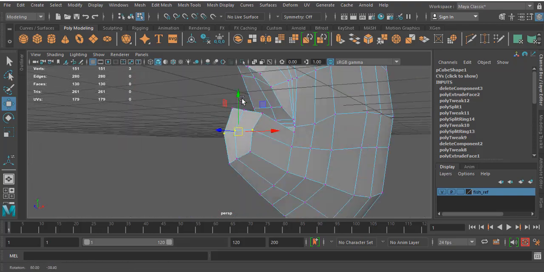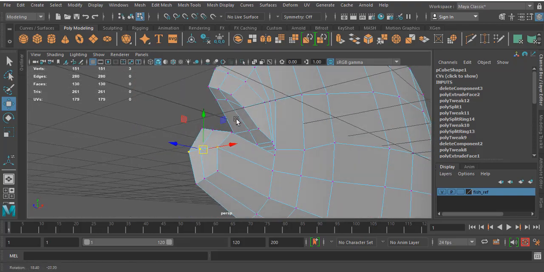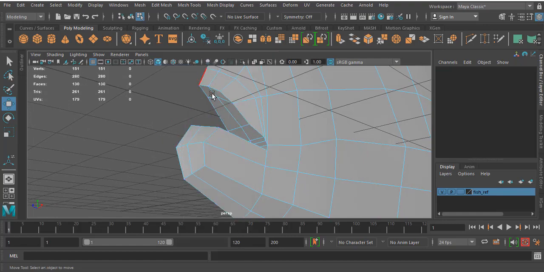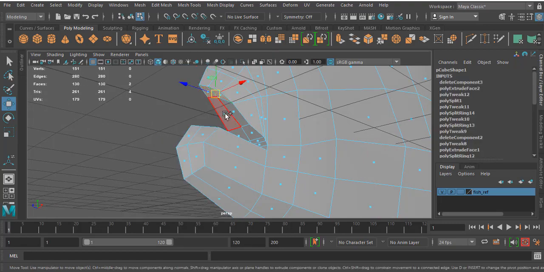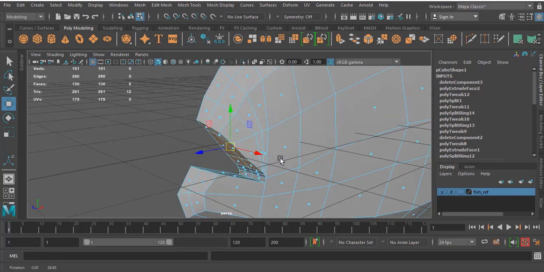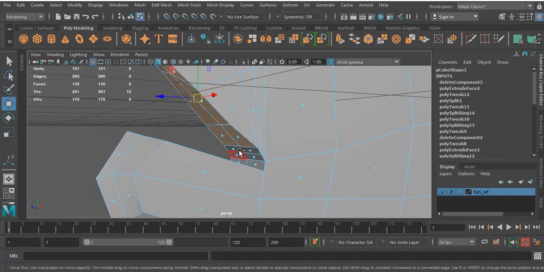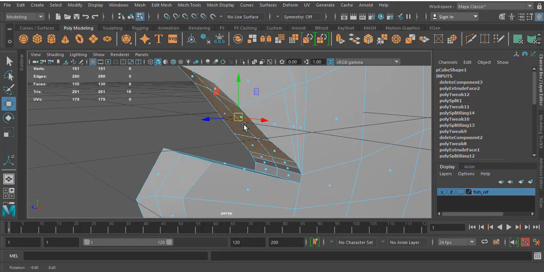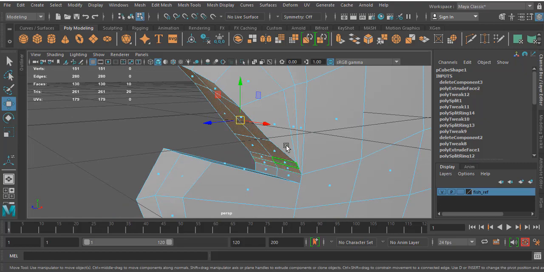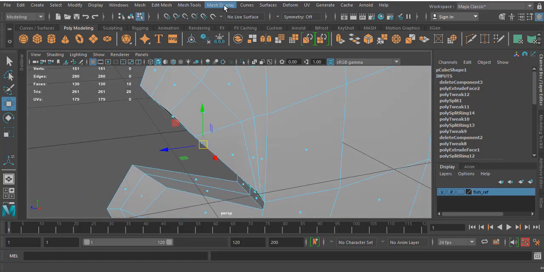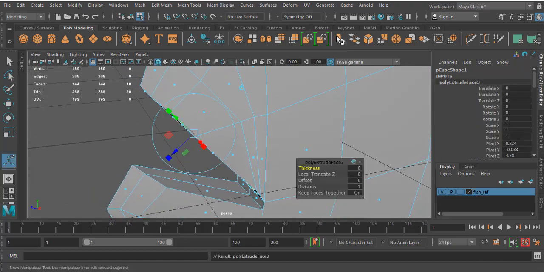Now you can define the depth of your piranha's mouth. I'll select the faces 1, 2, 3, 4, 5, 6. I'll select these two also. Keep extrude.